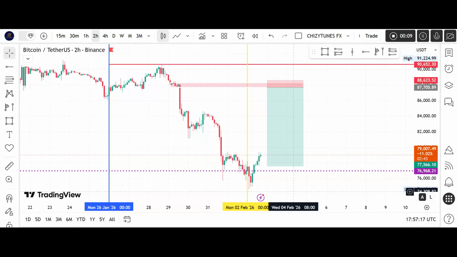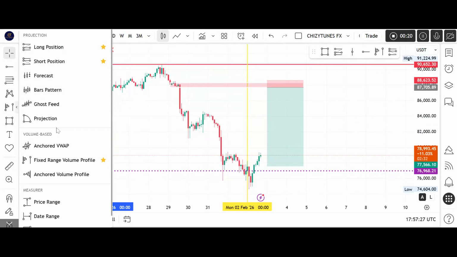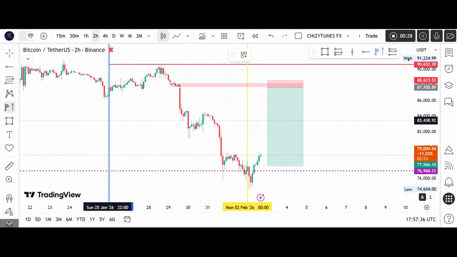All right. So quickly, I told you and I promised I was going to show you the settings for the fixed range volume profile. The fixed range volume profile under forecasting instrument. Okay, this is it. So I'm going to show you the settings for it. I won't be wasting much time on this video. Just like I highlighted in the previous video,